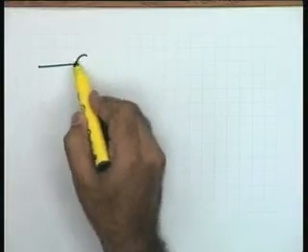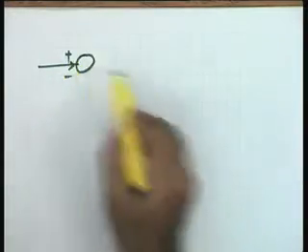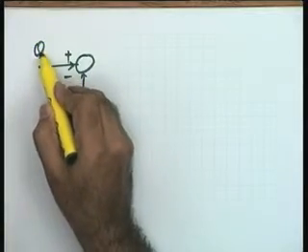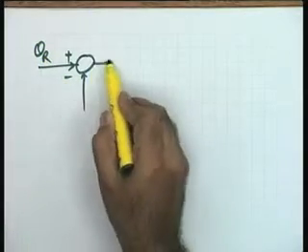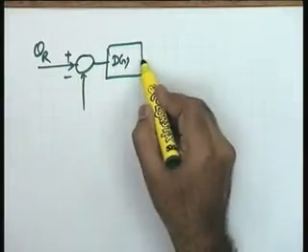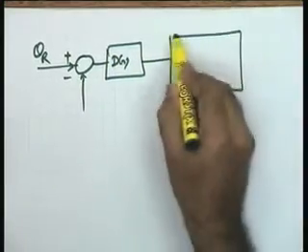If this is okay, then look at the time and the requirement of a design example. Let me make an attempt, otherwise I will probably leave it in between and complete it in the tutorial, because next time definitely I want to go for a new topic. I take a complete design example as the position control example you have just now referred to. This is your theta r. This, let me say, is a controller D(s). This I take as the plant.